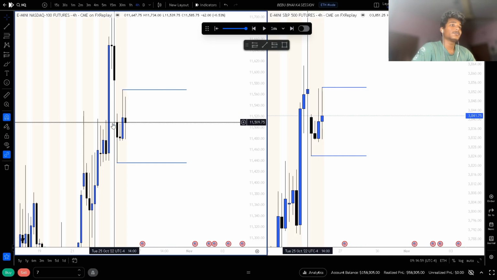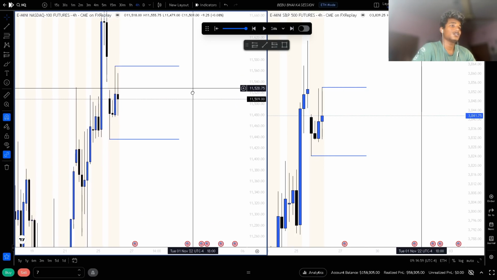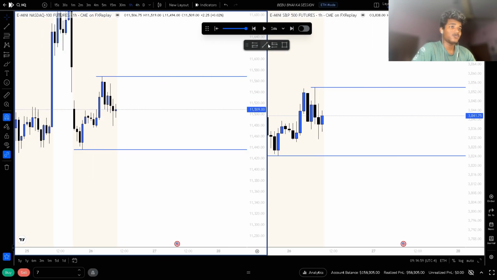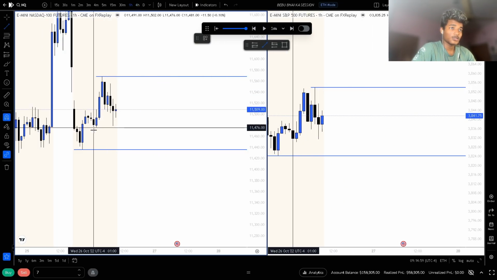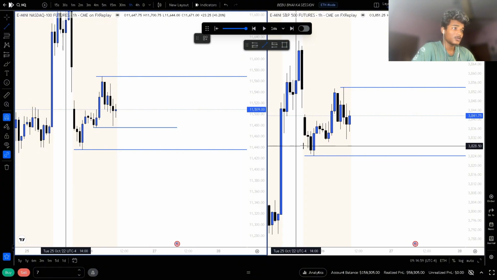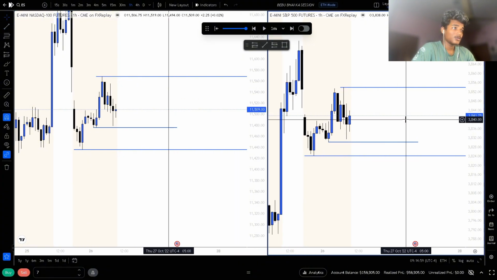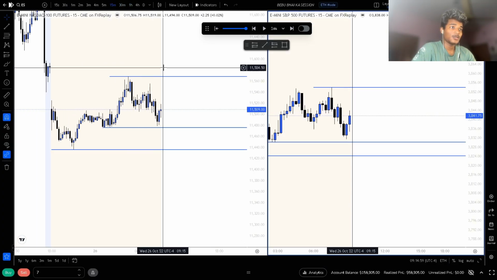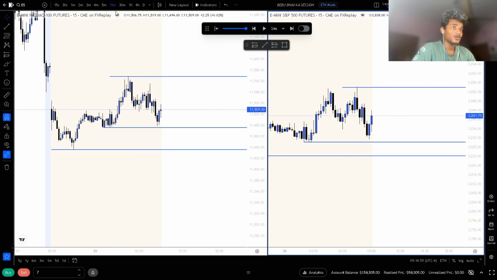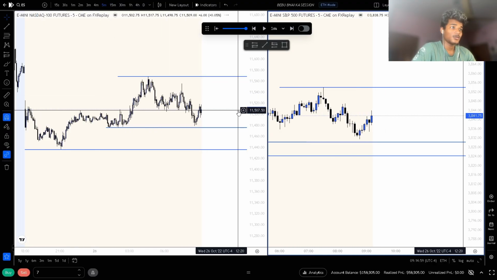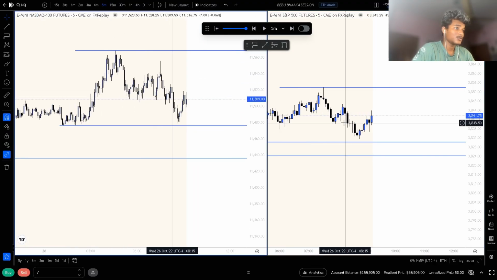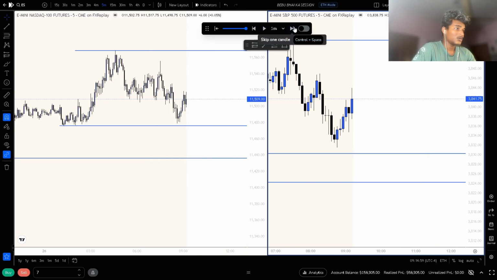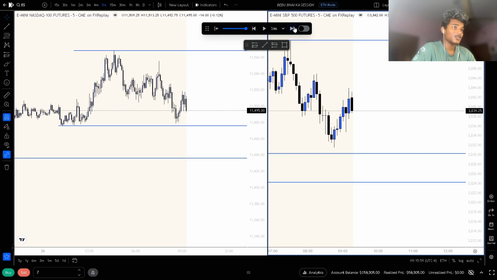I do think market has shifted bearish on NQ, but not on ES. So I'm neutral in the 4 hour. 1 hour we have this low below us. 30 minute, 15 minute, 5 minute. 5 minute shifted bullish. Yeah. So let's just see the market open now.